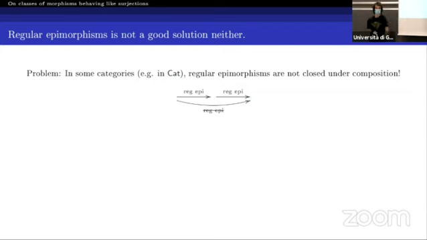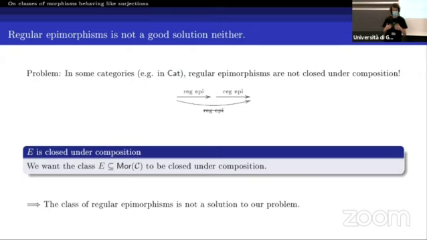For example, in the category Cat of small categories, you can find two regular epis for which the composition is not a regular epi. In Set with surjections, this phenomenon does not occur, because if you compose two surjections, you get a surjection. And so as a second property, I'm going to require that the class E is closed under composition, and therefore the class of regular epis is not a solution to our problem. And so let's try a third